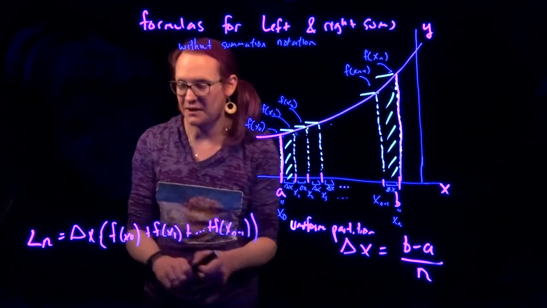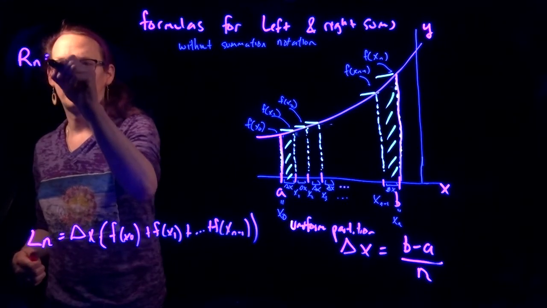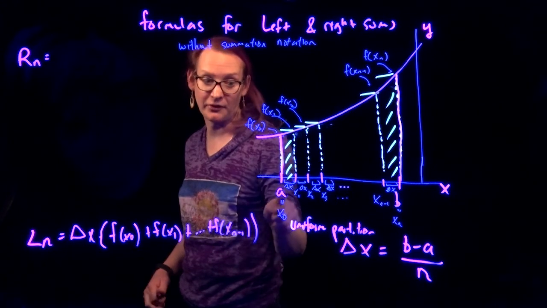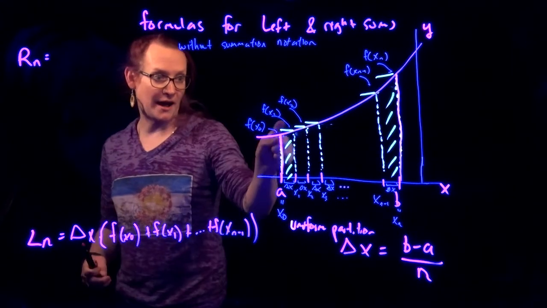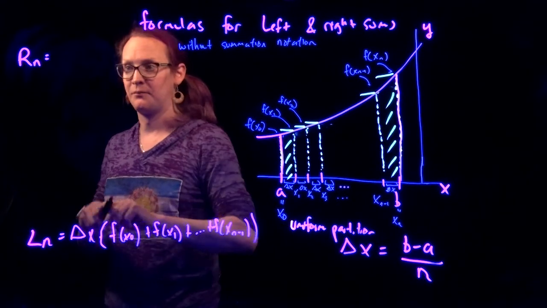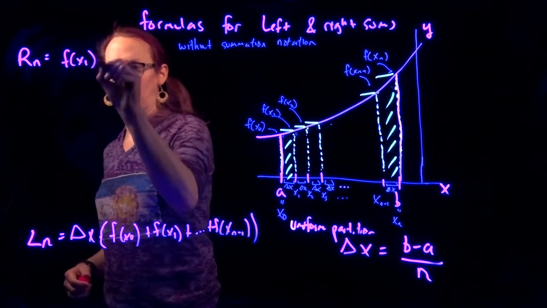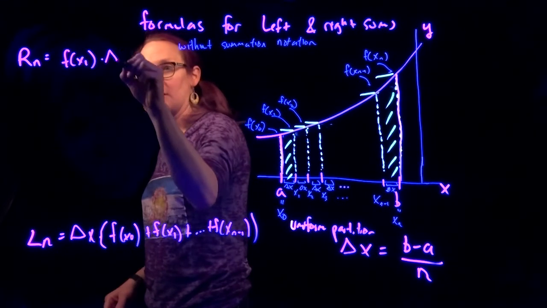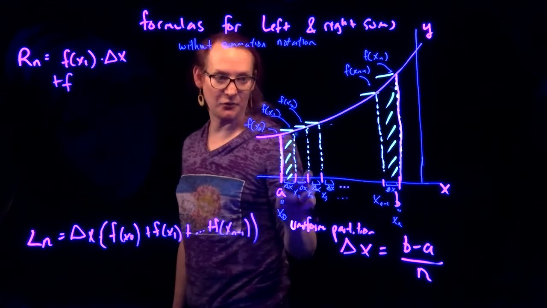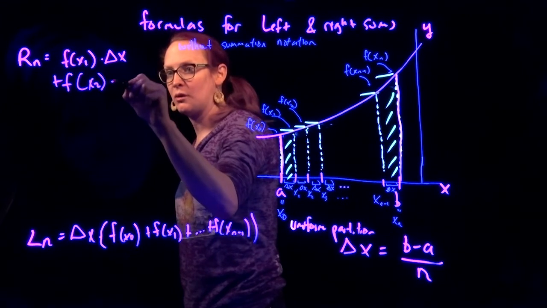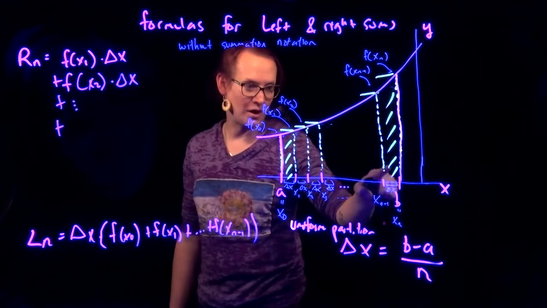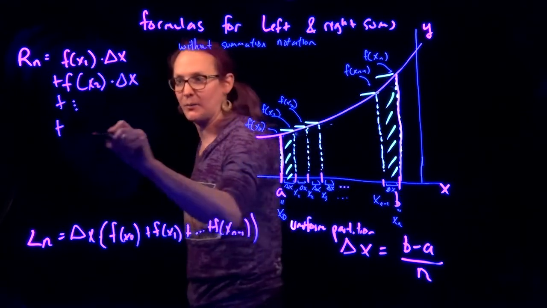Okay, so let's write down what R sub n is equal to. I'm going to start at the left, but they're determined by the right endpoints. I've got, well, the height of this one here, we can see it in the label right here, is f at x1. And the width of the rectangle is still delta x. The height of the second rectangle is f at x2. The width is delta x. Until I get to the last one, which is going to be determined by x sub n